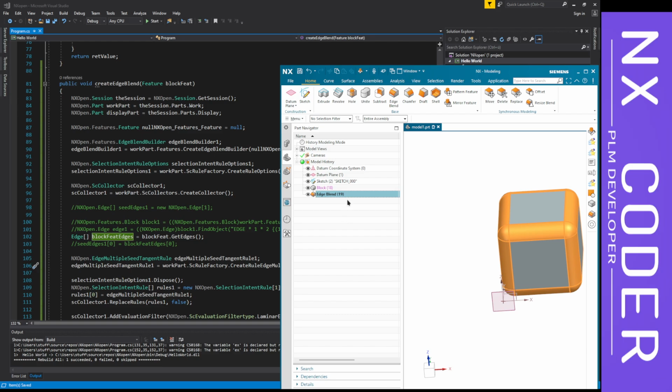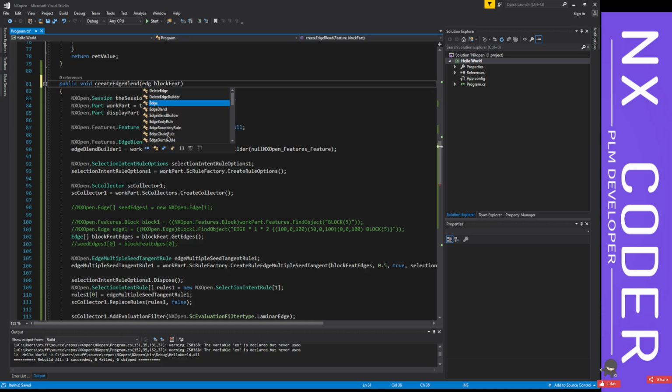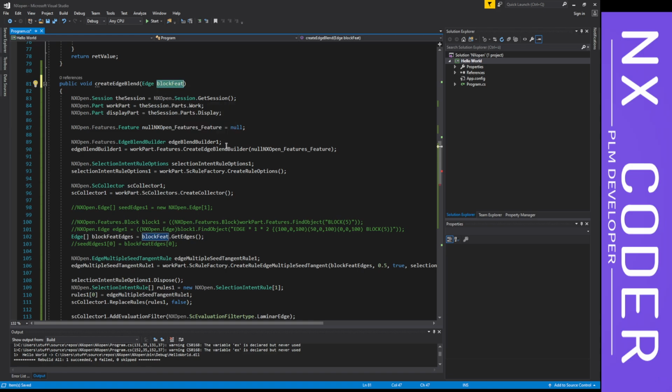So for each of these blends, we need an edge blend for each edge. Instead of passing all the edges into this method, we need to pass only one edge to this method. If you understood it properly, we need to create an edge blend at each edge, right? So let's say each edge,